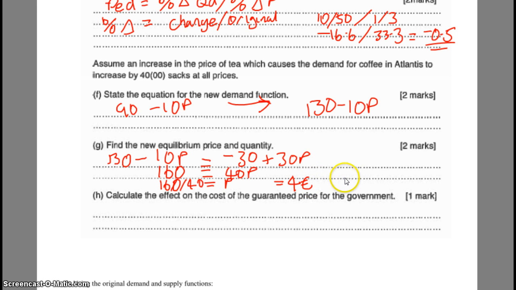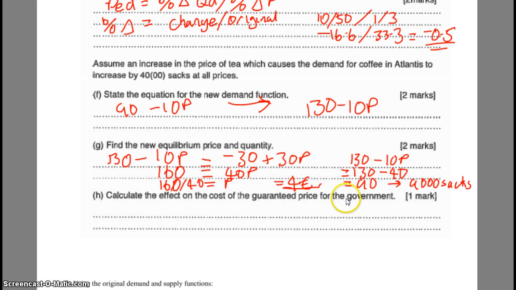Okay, and then we need to work out the quantity from that, so we just put the €4 into one of the formulas, so we'll put it into 130 minus 10p, so that's one of our correct answers. 130 minus 10p, so 130 minus 40 equals 90, which in the hundreds is 9,000 sacks. Dead simple. And then finally on this page, H, calculate the effect on the cost of the guaranteed price for